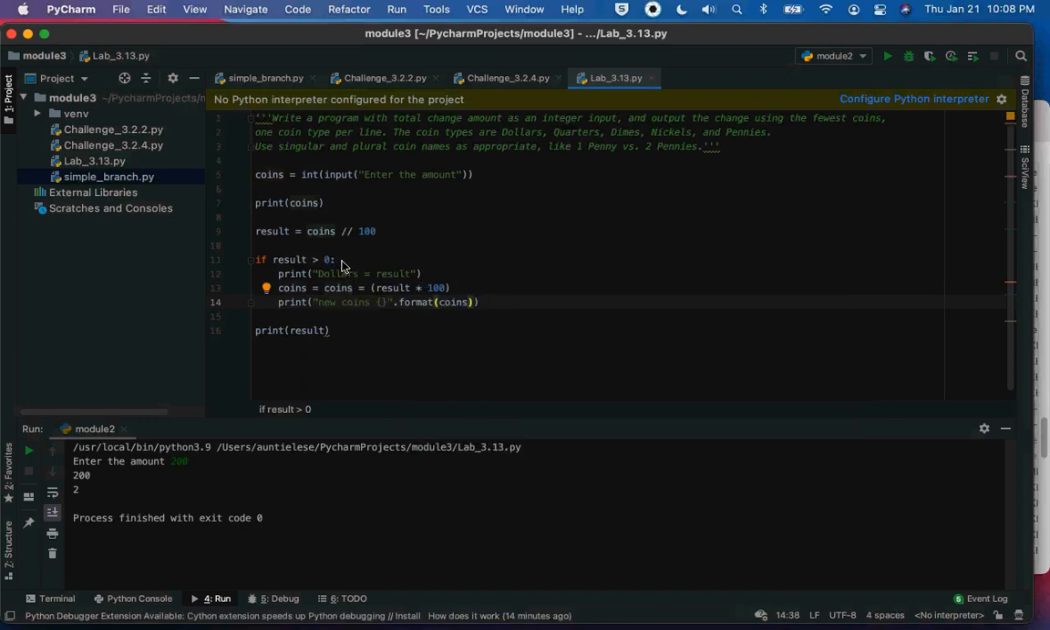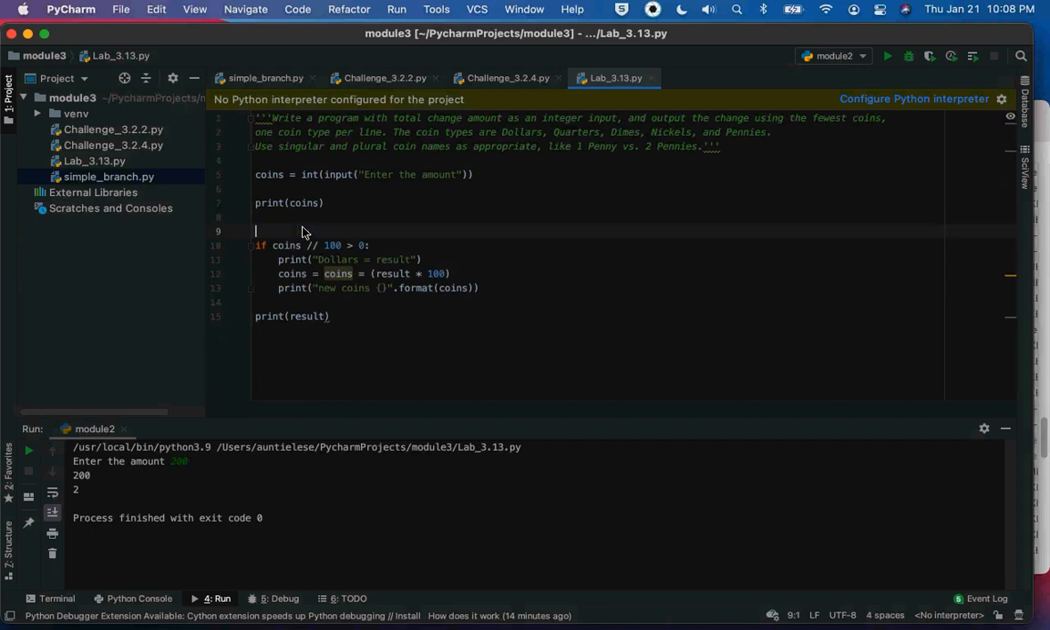And then we're going to do it again. So the first time we go through is, and now we can probably do it like this. So I don't need this line here. So if coins floor, if you're doing a floor operator on coins and it's greater than 0, you're going to print the number of dollars as, let's see, as